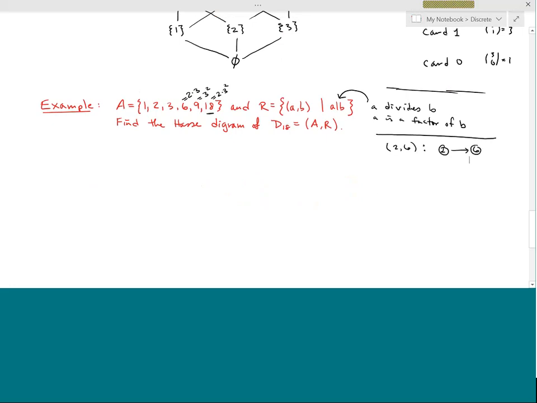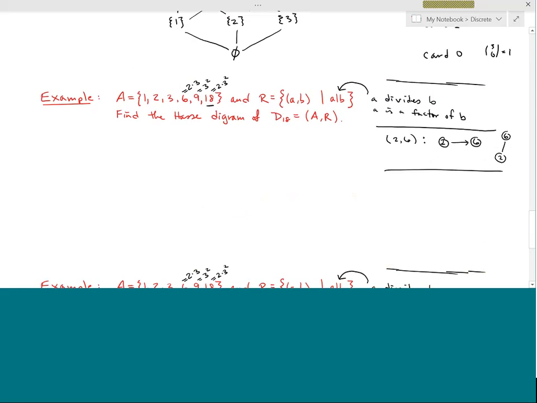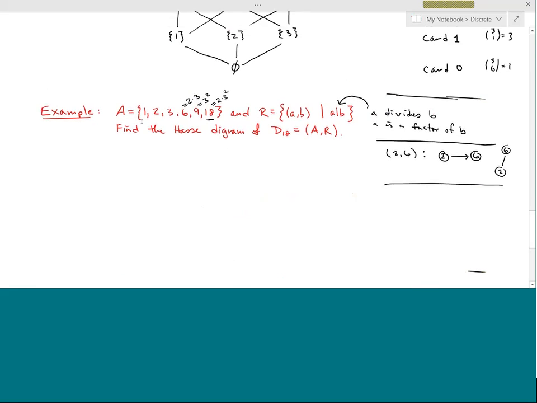But in the Hasse diagram, what do we need? We need 6 to be above 2. Because remember, we take off the arrowheads and just have the individual line. So we have to have that order, that going up means we follow the arrow. Okay? Now, what does that mean in terms of our Hasse diagram? That means the guy that divides everybody needs to be on the bottom. So if we look through these numbers, the guy that divides into everybody is